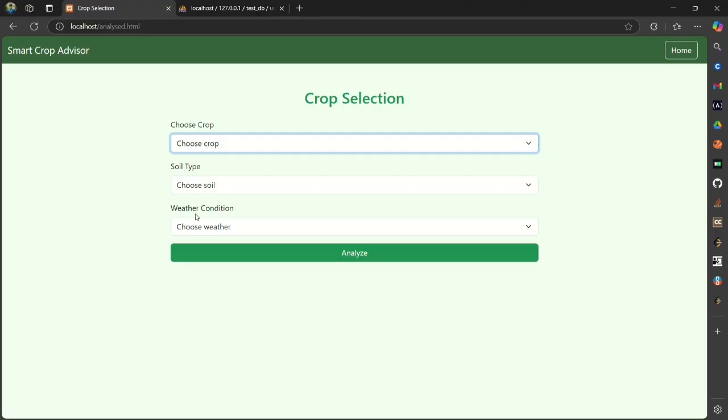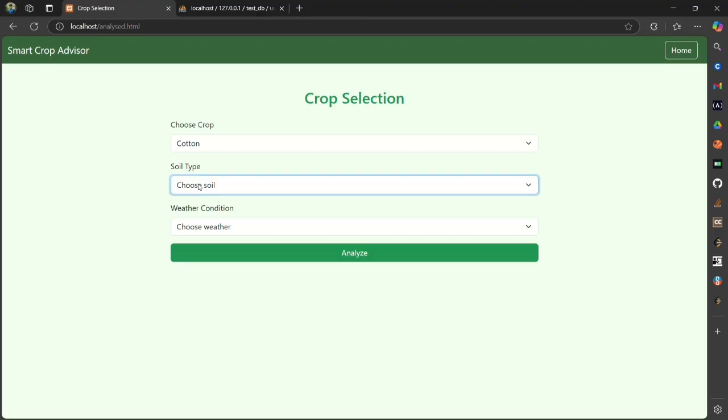So if we select cotton, it will also ask the user which type of soil is there in his farm. Let's suppose there is sandy soil, and it will also ask for the weather, because weather can affect the farming also. So let's suppose there is cool weather,